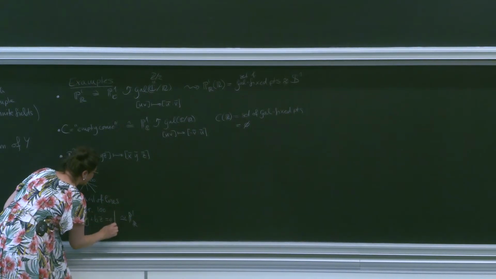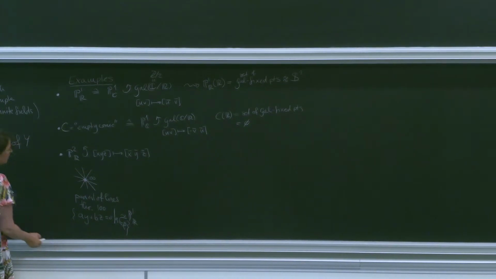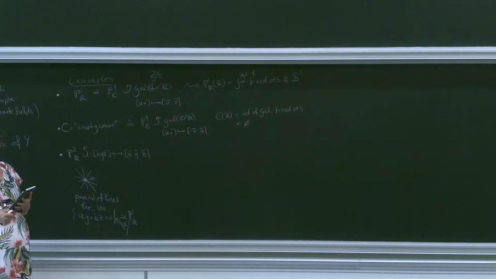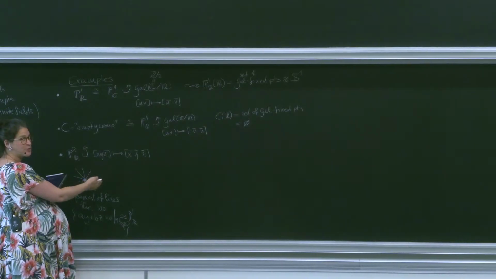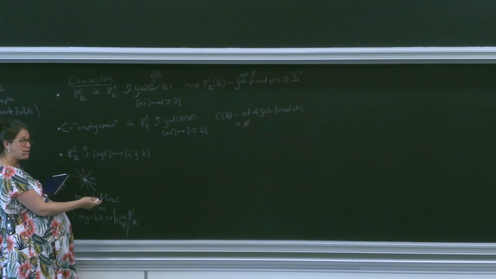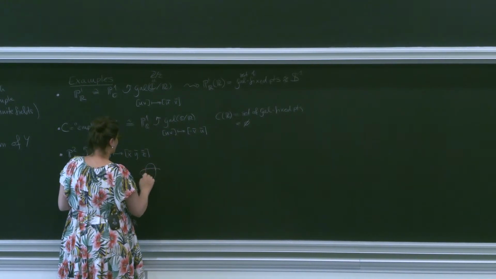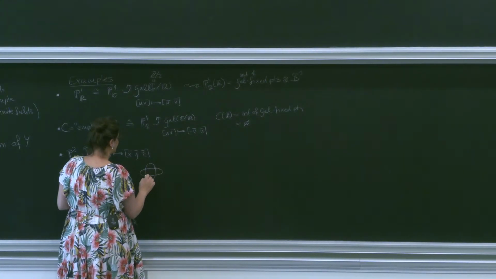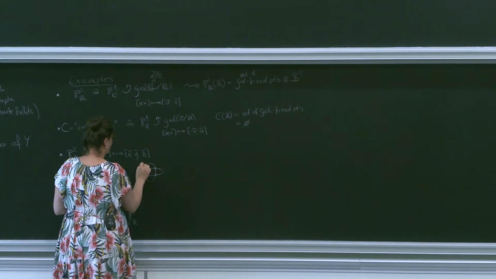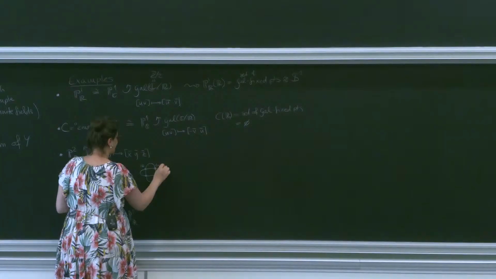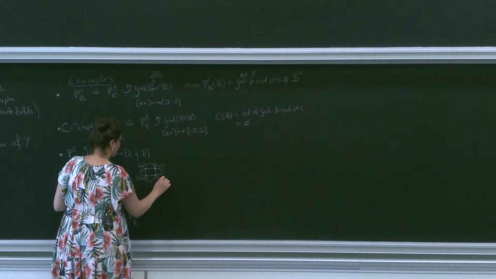I should maybe be more precise. And then there's a second pencil that over C we don't really care about because one can be transformed to the other by a birational map, but over R we cannot transform one to the other by a birational map. And that's if I choose two pairs of conjugate points, so one (1, i, 0), one (1, -i, 0), and then (0, 1, i), and then (0, 1, -i).